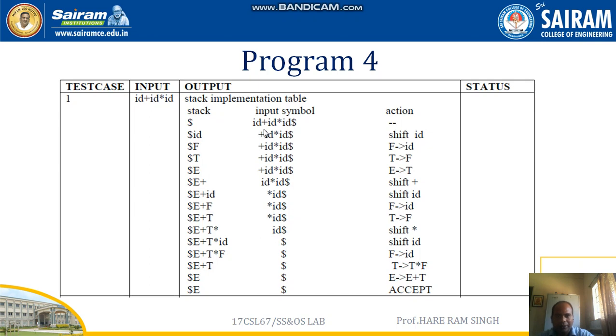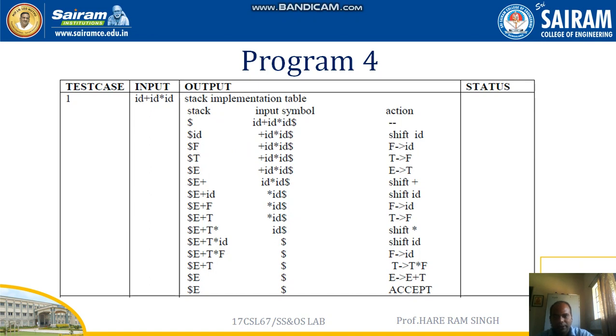Here the rule tells that whatever symbol is on the left side of the input, you put into the stack. So the first left symbol is id, which I have put into the stack, $id. Now what is left in the input is + id * id $. This action is shift: id is shifted to the stack. Now what action can be taken under the grammar? id will be reduced to F.